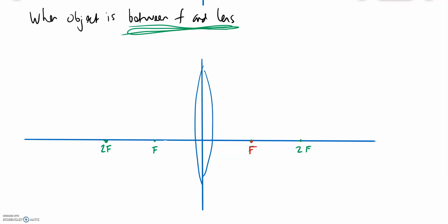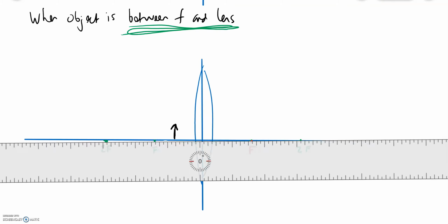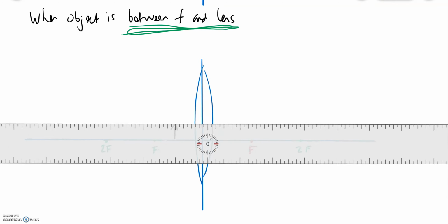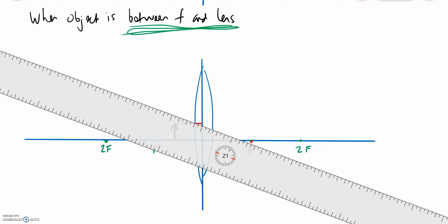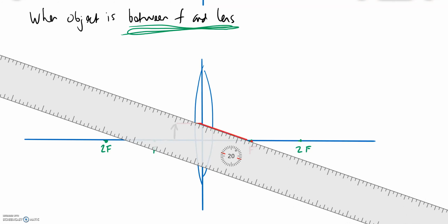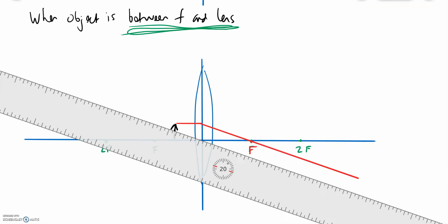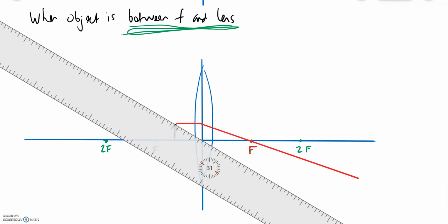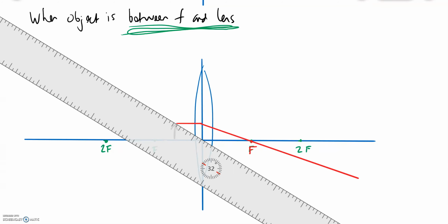So let's now put our object somewhere between the lens and f. And this is how a magnifying glass works. You might have noticed that the lens looks a bit like this. It's thicker in the middle. Now the only way to know what's going to happen, well, is to draw our rays. Remember, we start from the top of the object, goes into the lens, and that bends to go through the focal point. The other one, if you remember, goes through the center of the lens, and that continues on